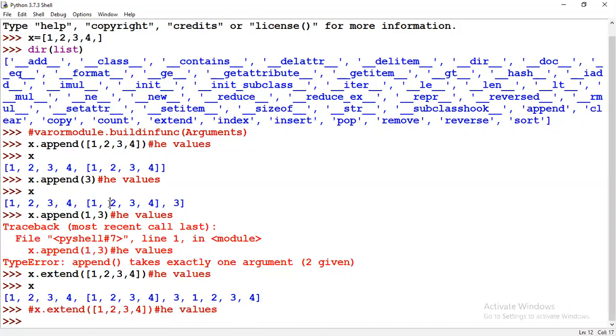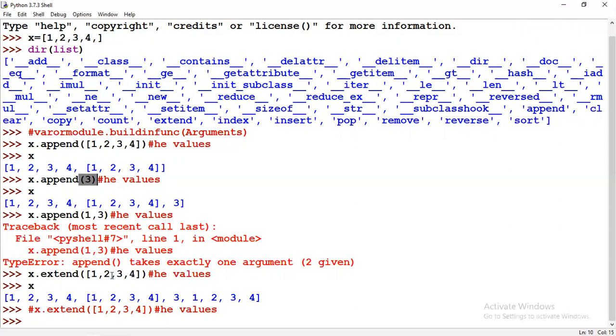So we have to give a sequence in both append and extend, ma'am? We cannot give a single number in extend. In extend, the concept is iteration, so you need to give some sequence. It will extract the sequence.